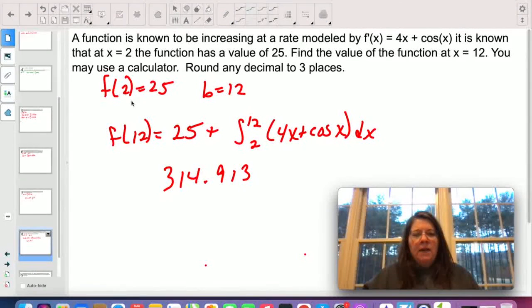So here I have this one set up. They gave you that f of 2 is 25 and our b value is 12. They want us to find the value of f of 12. Remember, the function is f of b equals f of a plus the integral from a to b of f prime of x. So f of 12 equals f of a, which is 25, plus the integral from 2 to 12 of the function 4x plus cosine x dx. I then put this in my calculator, and I rounded to